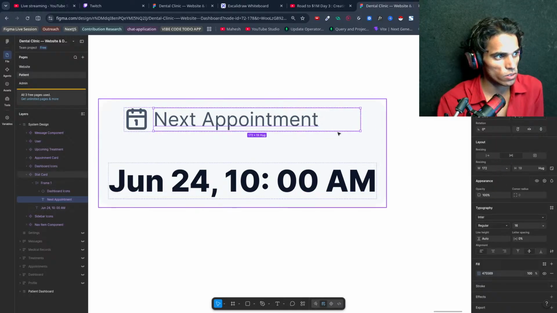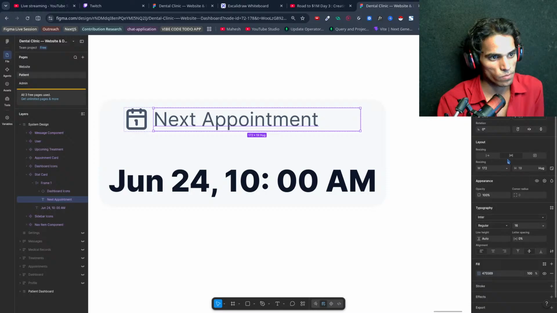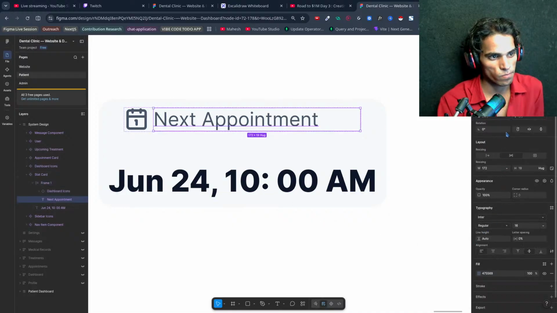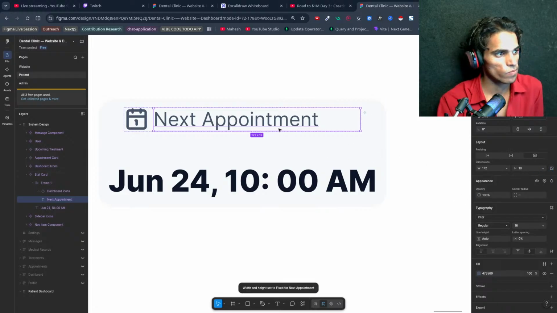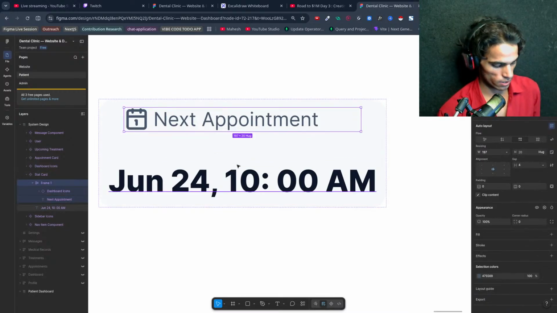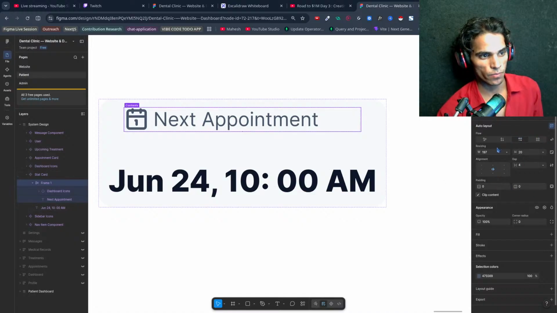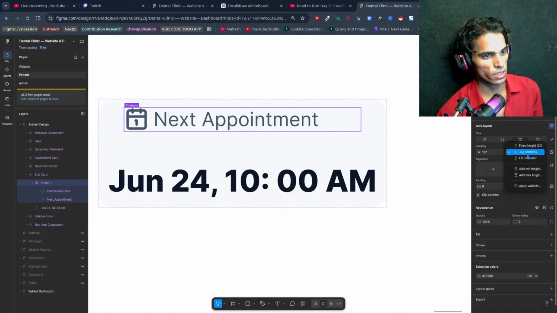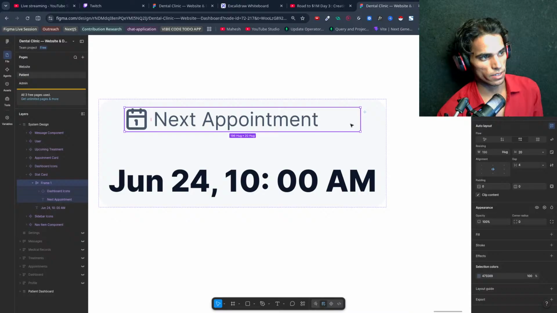And for this, what I will do, okay, if I select this, gap will be this padding, here the height will be hug content, width will be hug content.